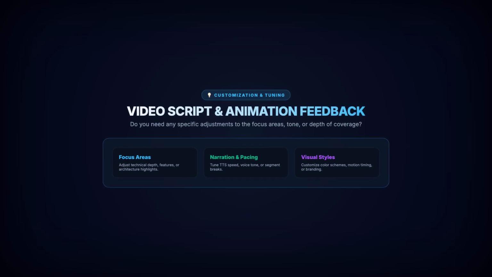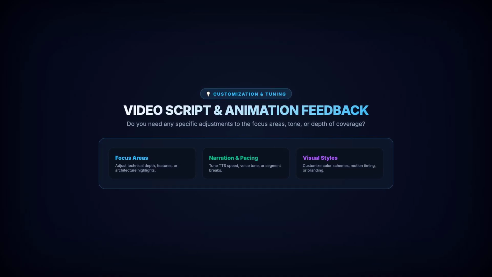If you need any specific adjustments to the focus areas, tone, or depth of coverage for this script,